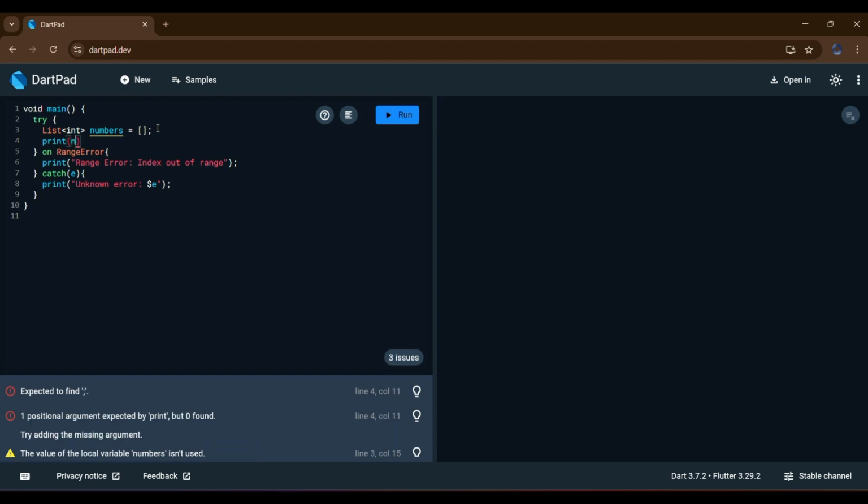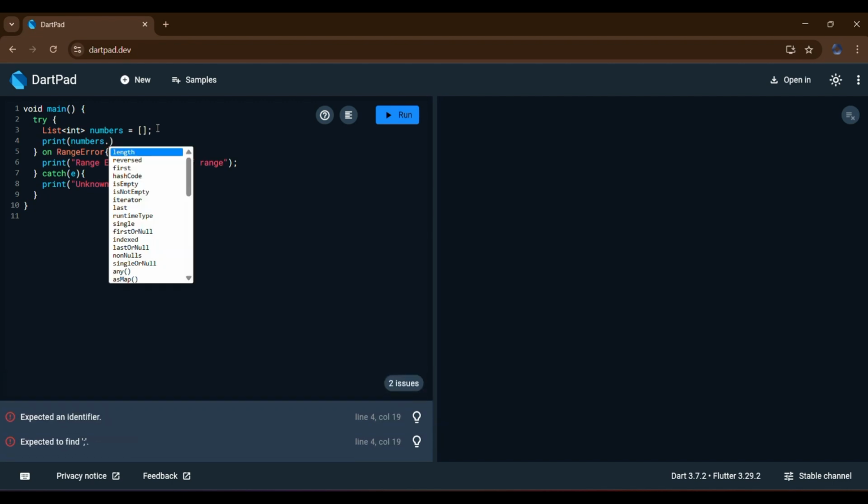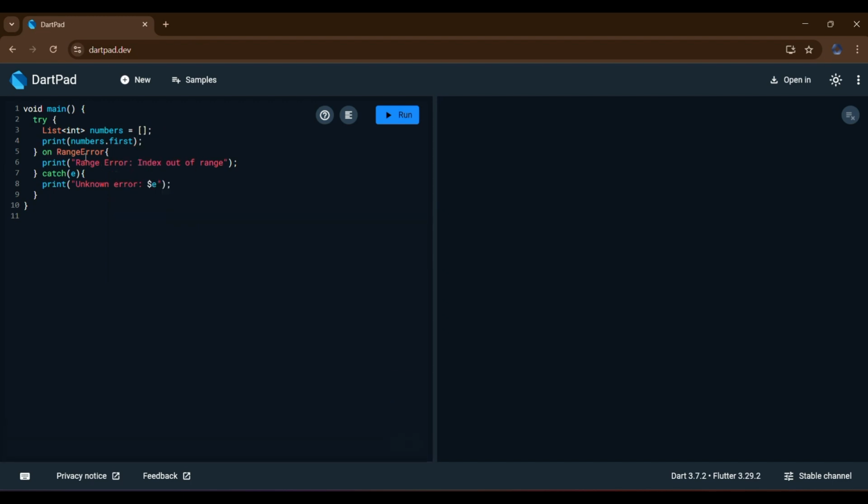In this Dart program, we have an empty list and attempt to access the first element using the .first property. Since the list has no elements, Dart throws a state error. To handle this, we use an on StateError block, which specifically catches the error and prints a message indicating that the